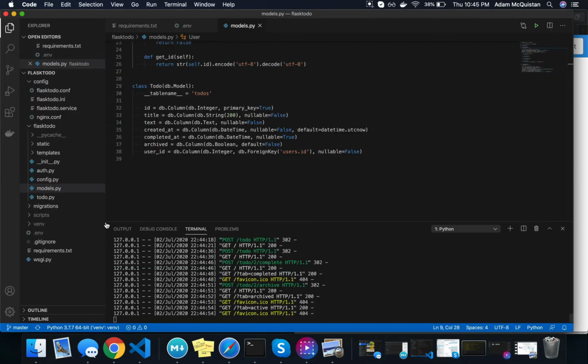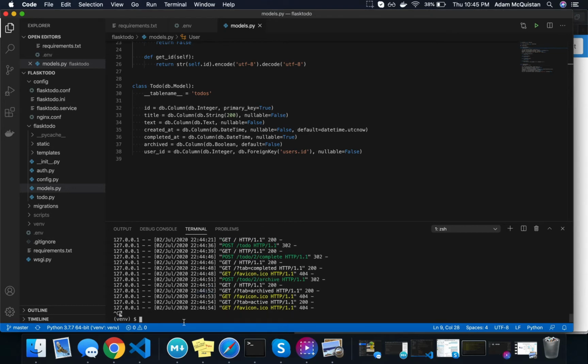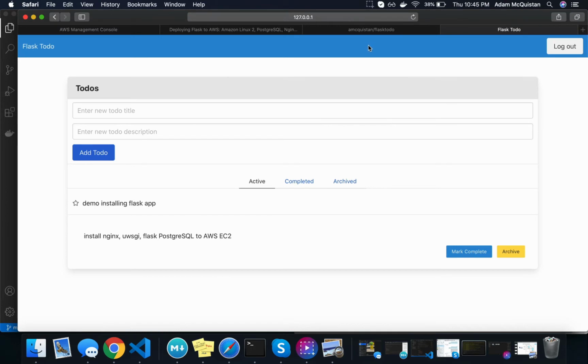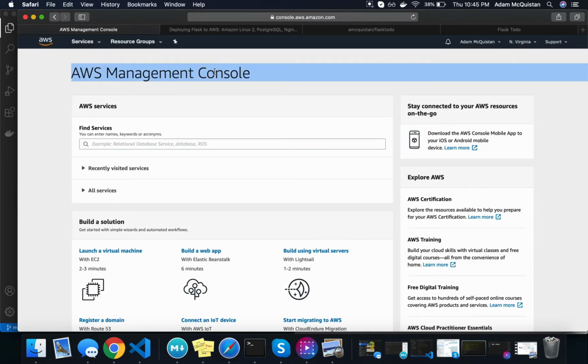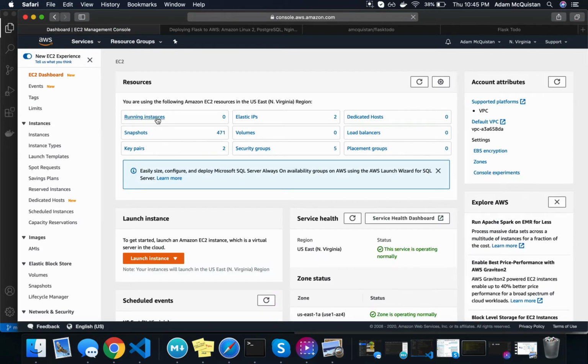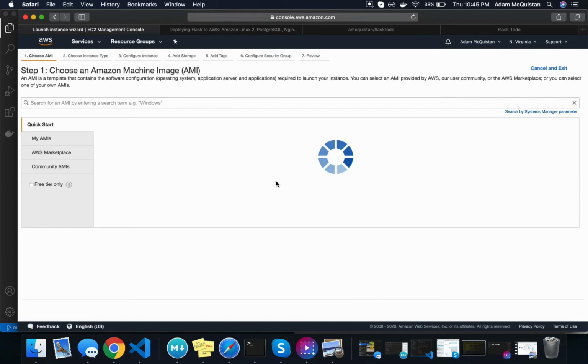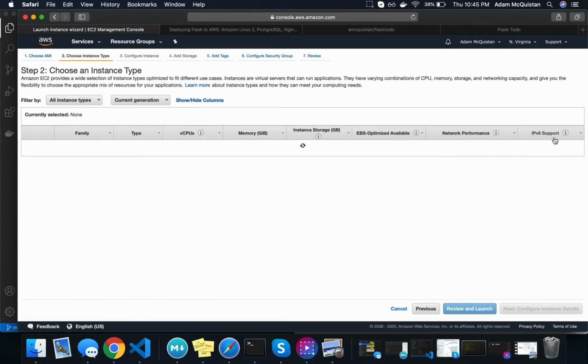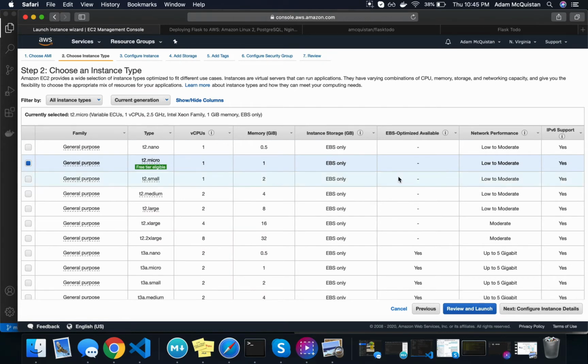Okay. So enough playing around with this stuff locally. Now what I should do is hop into the AWS console and go to my EC2 dashboard, and I'll fire up a new instance. So if I click launch instance, I'm going to select the Amazon Linux 2 AMI as the Linux EC2 distro,